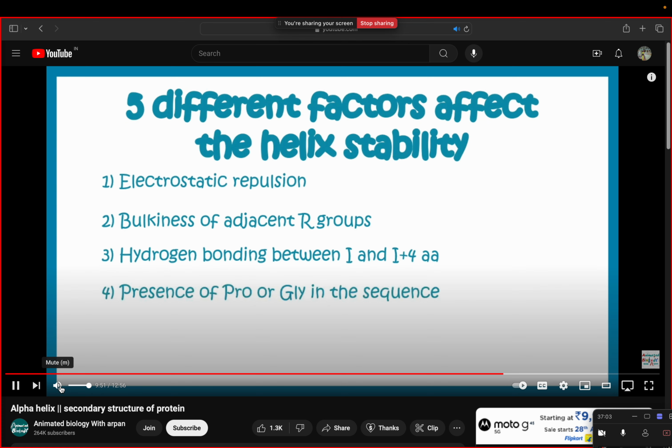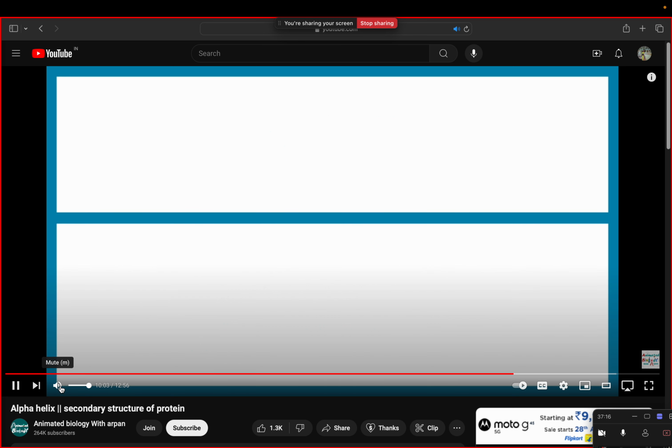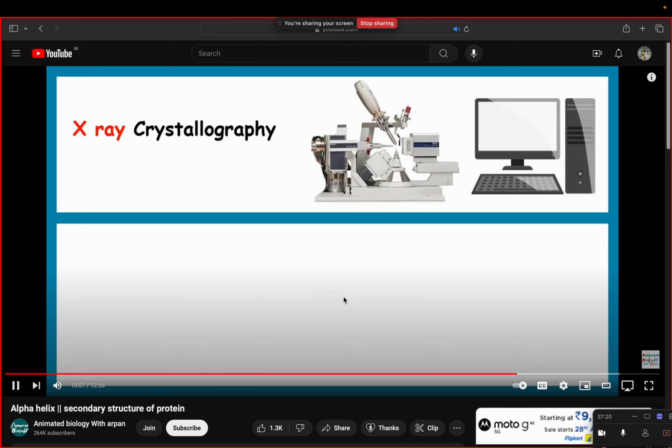Presence of proline or glycine really destabilizes the helix. So these are helix breakers. And lastly, interaction between amino acids and the residues at the end determines the helical stability. So the alpha helical structure can be studied nicely with